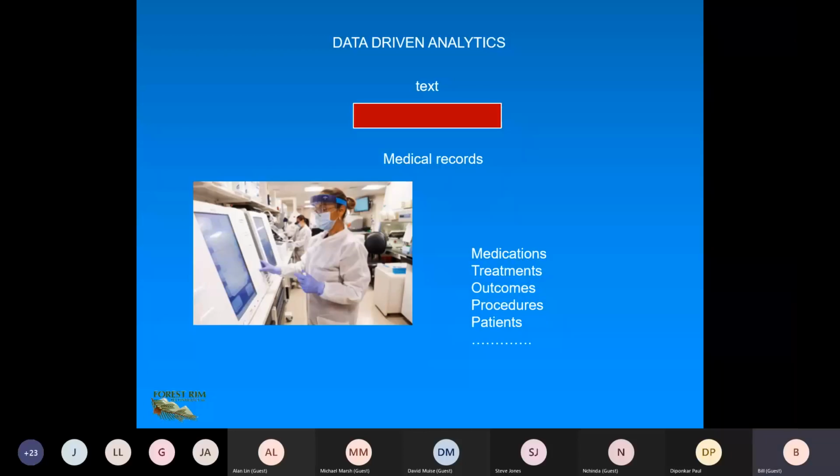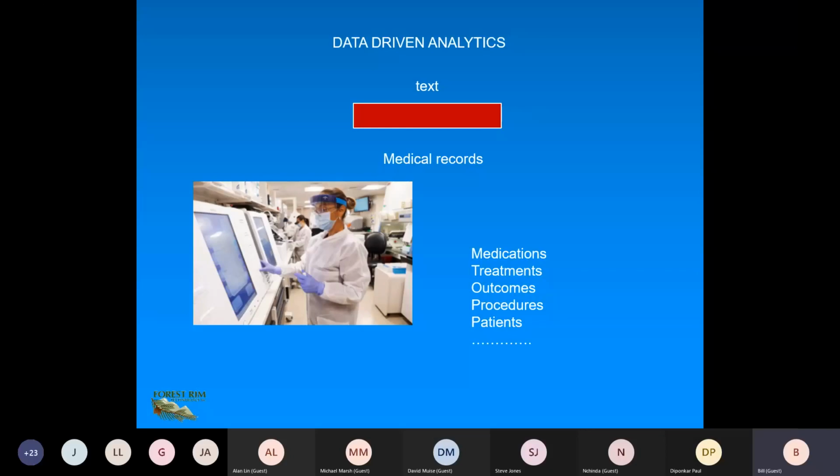Another interesting place where there's a lot of interesting, valuable text are medical records. I don't know if you know it, but when a medical record is written up about you and your experience with your doctor, it comes out in the form of text. Just like these conversations and just like things on the internet, everything is in the form of text. And now medical records are kind of important because they may be talking about you and saving your life. And I assume you're interested in saving your life. So there's a lot of really valuable information on medical records.